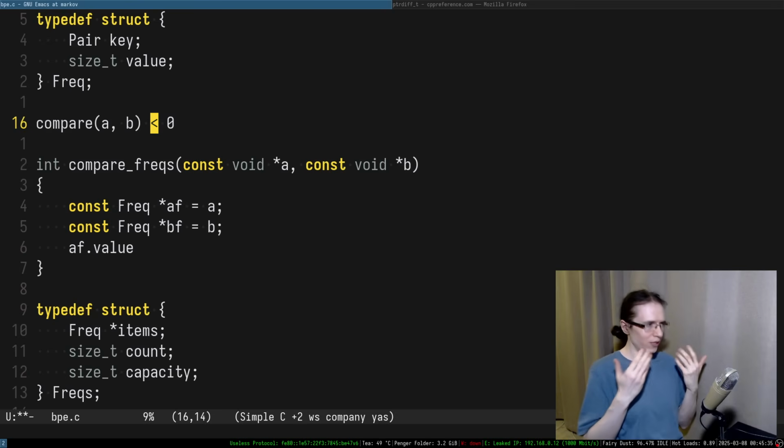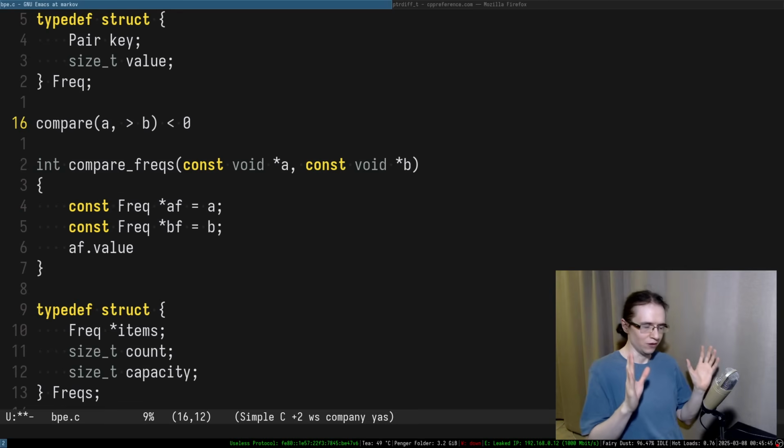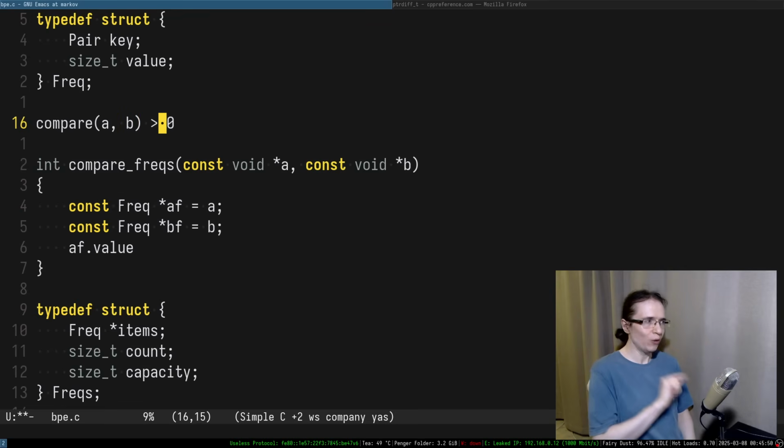So how I want to actually compare this thing: I want to build them from the biggest to the smallest. Because of that, I need to compare them like this, right? I'm looking for the elements that are bigger than the rest of them. So because of that, the symbol in here has to be that. How can I achieve this kind of symbol? Well,